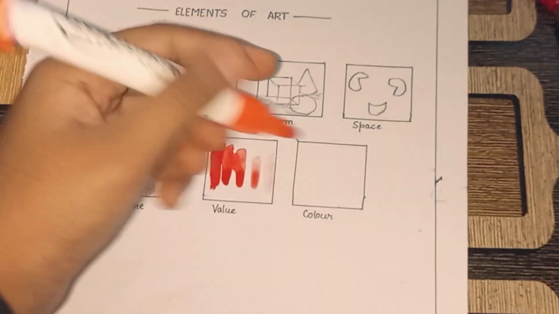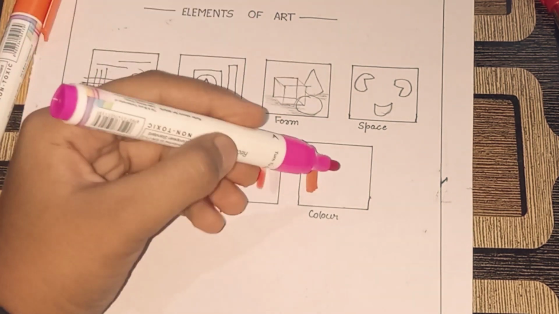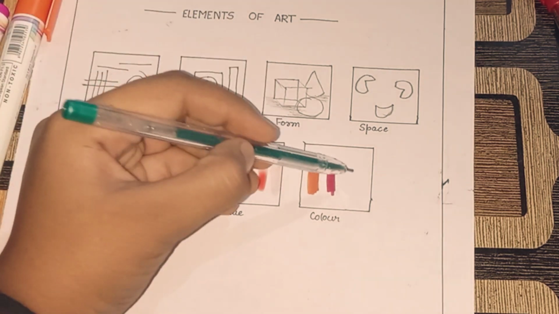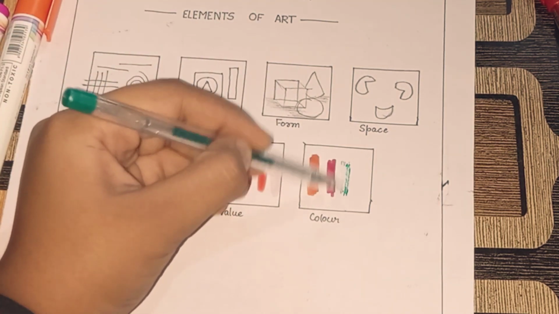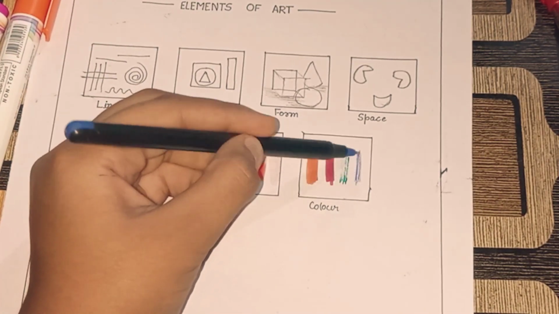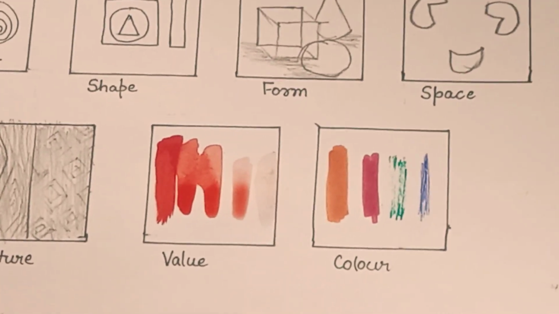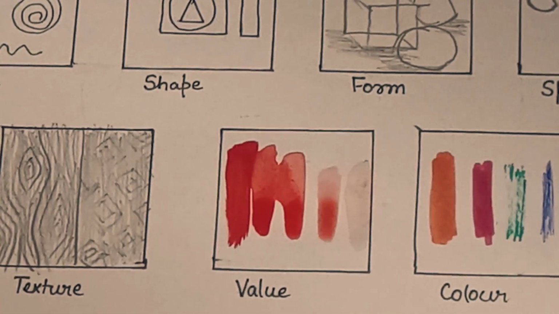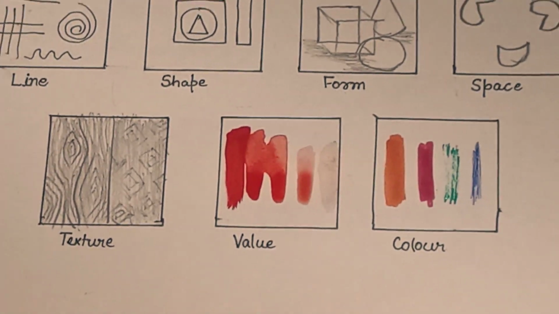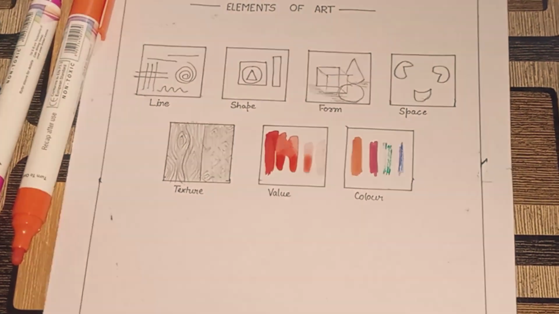And color is the most dominant element, which is created by light. Yeah, I hope you all are aware of that. The rainbow colors, all the colors come into it. So here I have shown you 4 colors, that is basically orange, pink, green, and blue. I have shown only 4 colors because it is not possible to show all the colors in this little box. So in value you can see how I have made it lighter and lighter from the darker one.